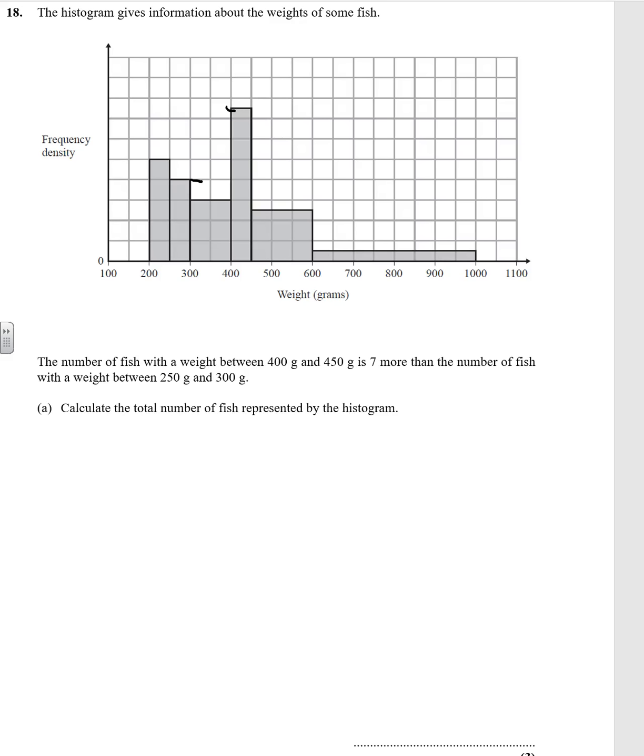Question 18 is the histogram question. Weights of fish. We've got the weights across the bottom. The number of fish with a weight between 400 and 450 is 7 more than the number of fish with a weight between 250 and 300. Well, we know frequency density is frequency